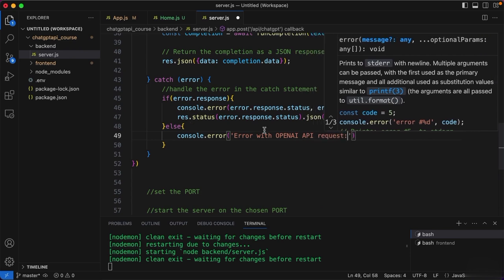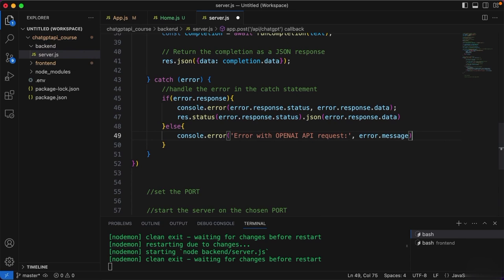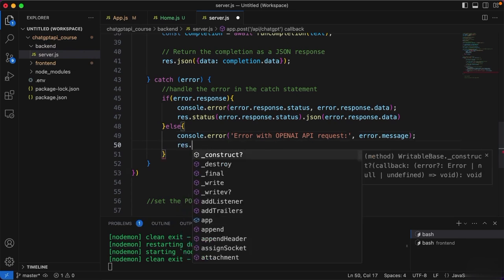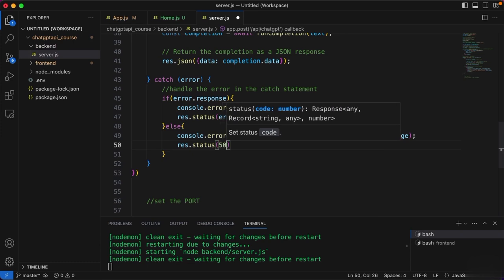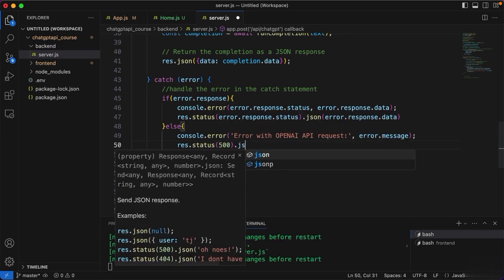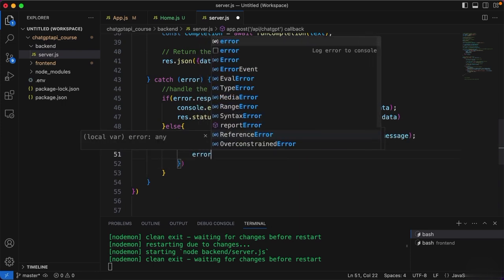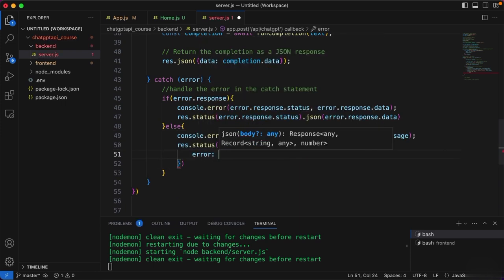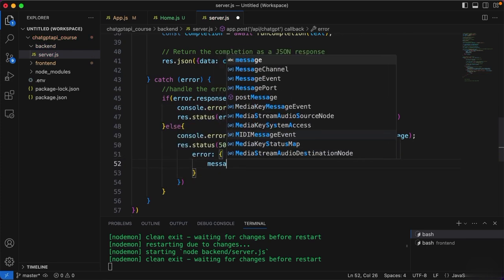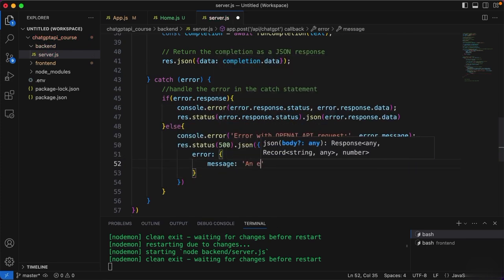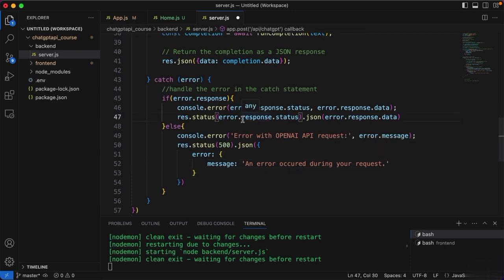And then after that, I'm going to show the error message, which is error.message. And then I will send to the server the status 500 and JSON data, which I'm going to set to an object made of an error property that I'm going to set to message set to something like an error occurred during your request. Okay, so